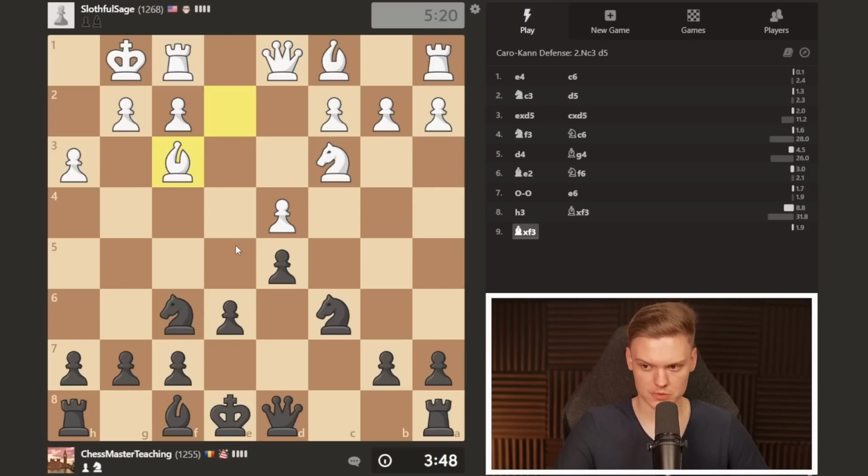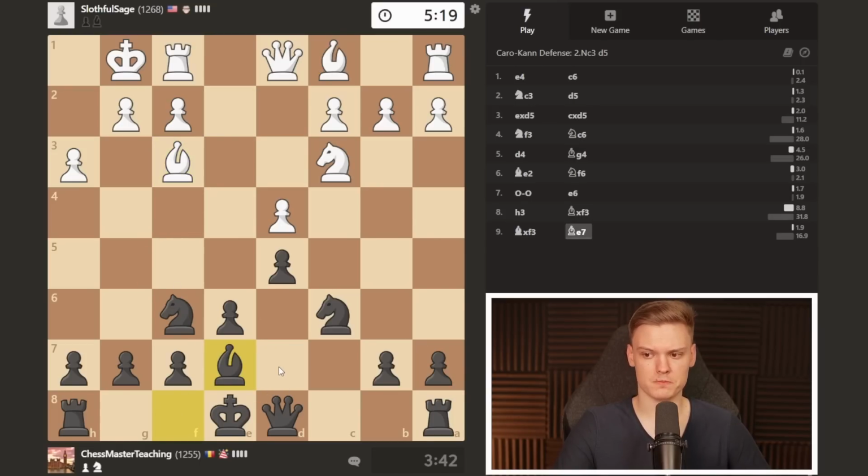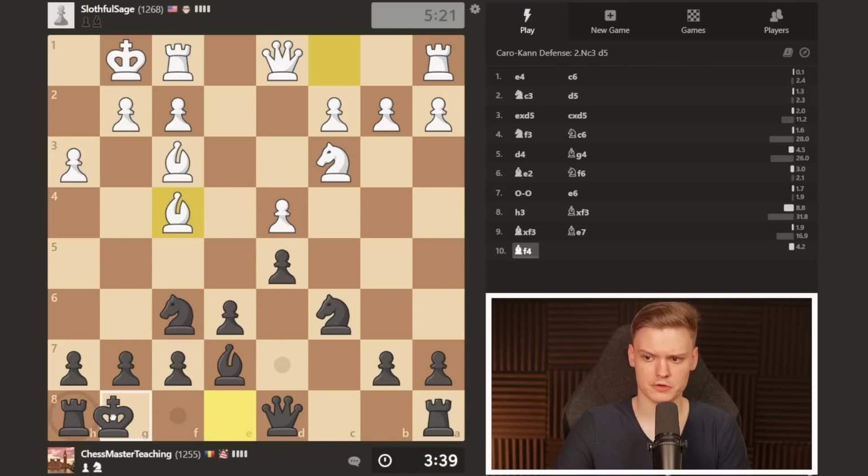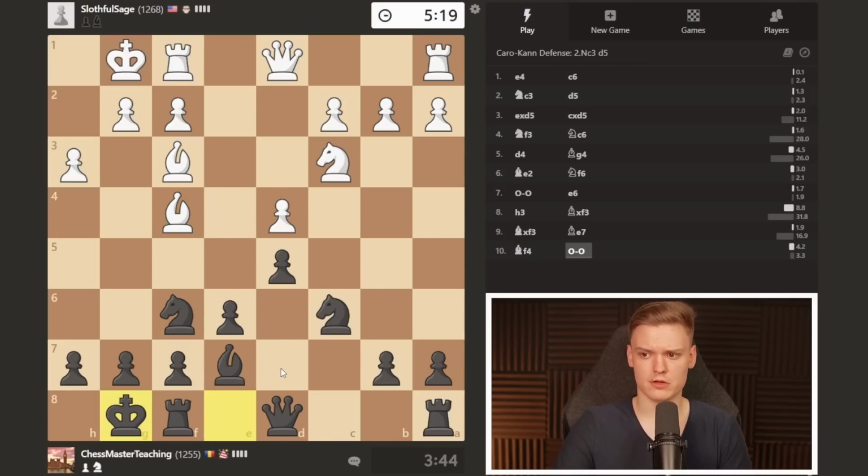So it takes with the bishop, and usually in these type of positions, the computer prefers bishop to d6. But just because they will kind of universally play bishop g5 and the pin gets very annoying, I recommend you do the simpler move and then just get castled. They're probably going bishop g5 anyways. Okay, this guy goes to f4. I'm gonna get castled, and you wanna get